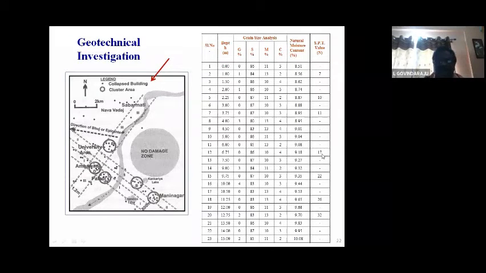The values are 7, 10, 11, 17, and up to about 6 to 7.5 meters, it is almost a loose state. Afterwards, 17 to 32, it is a medium dense state. So the upper portions constitute relatively unconsolidated sediments. Now,